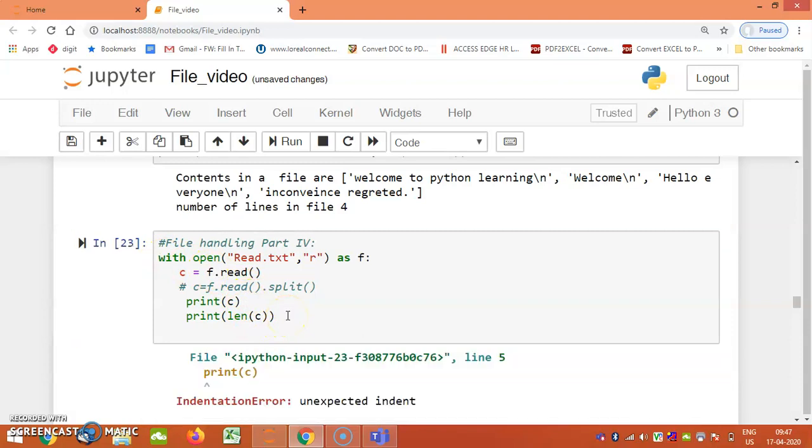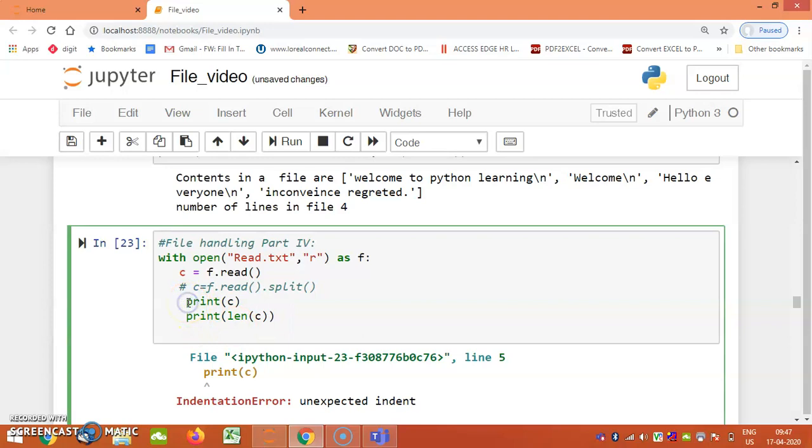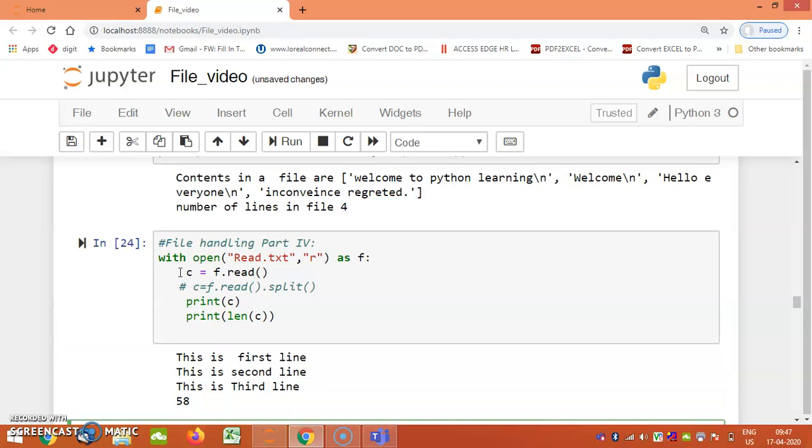I just want to see what exactly the contents are. The output shows that it has read the contents of the file, and there are 58 characters in this file.